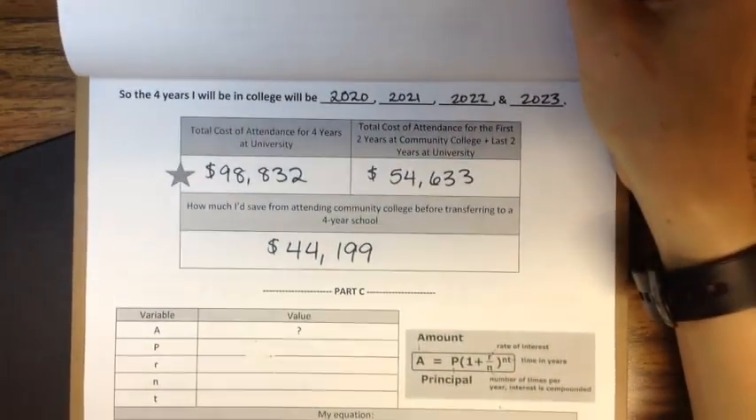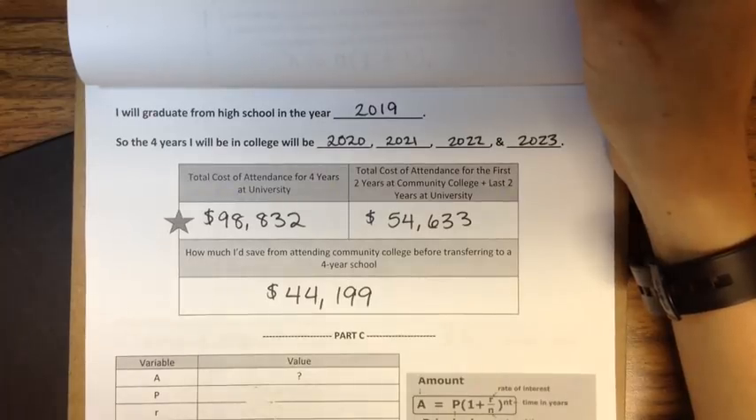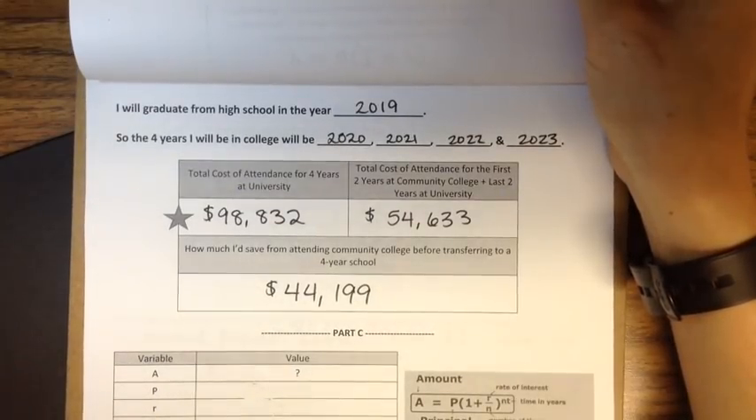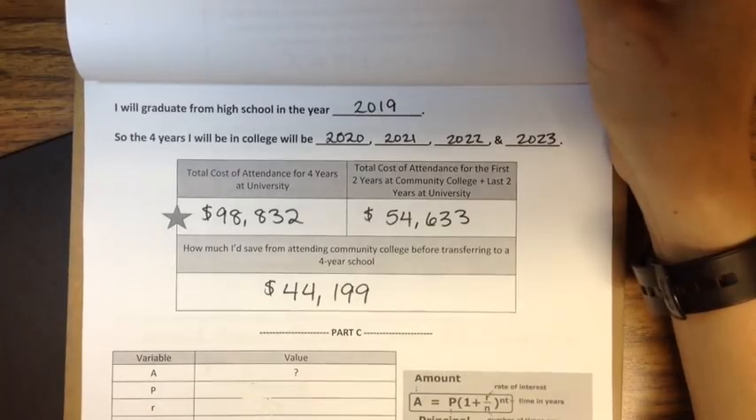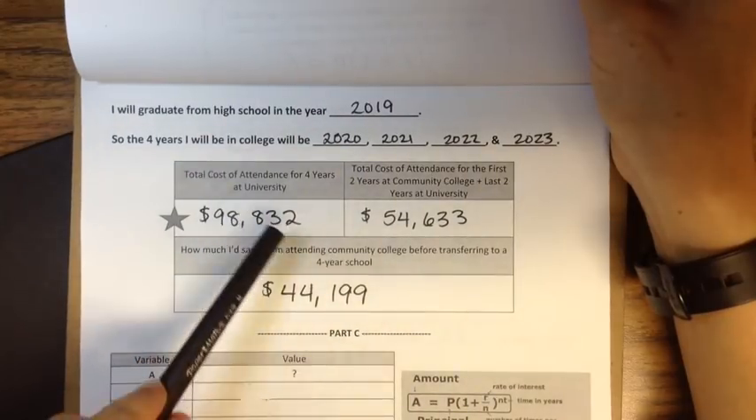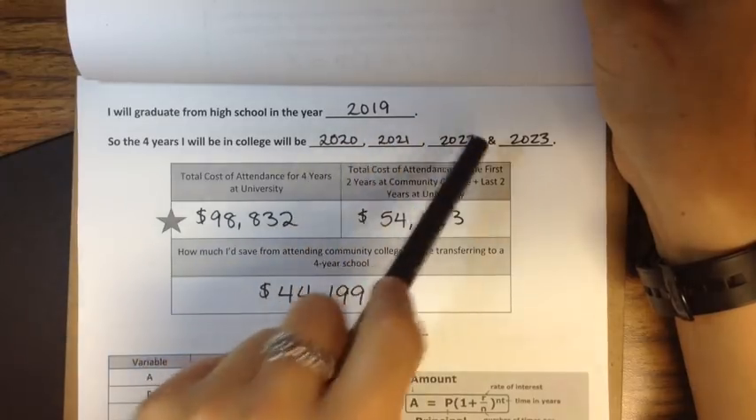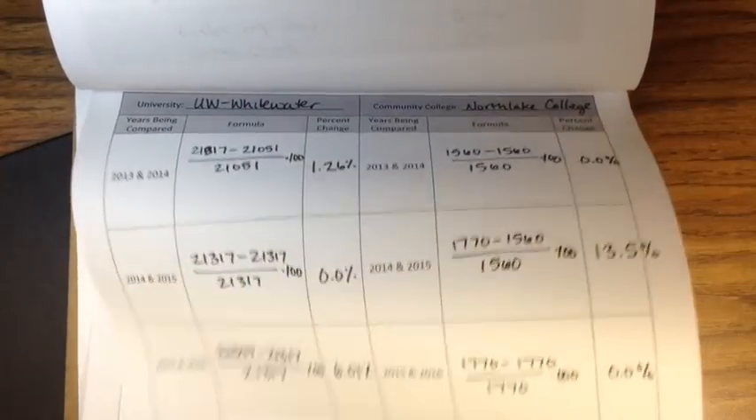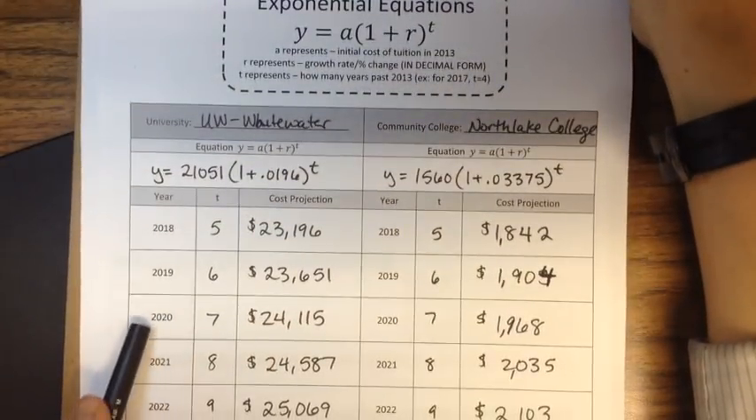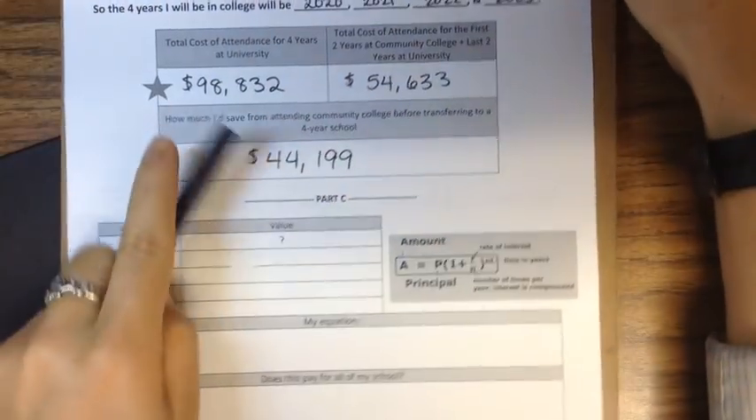Finishing part B out, you answer the questions at the top. I will graduate from high school in the year, whatever your graduating year is. So the next 4 years are the years you're attending school, 2020, 2021, 2022, and 2023 for some of you. You need to add up the total cost of attending that 4-year university immediately after school. If I went to UW Whitewater, these 4 years, I added up those years from this table. Oh, wrong table. From this table, okay? These 4 years when I'm in school. I add those up for a grand total of